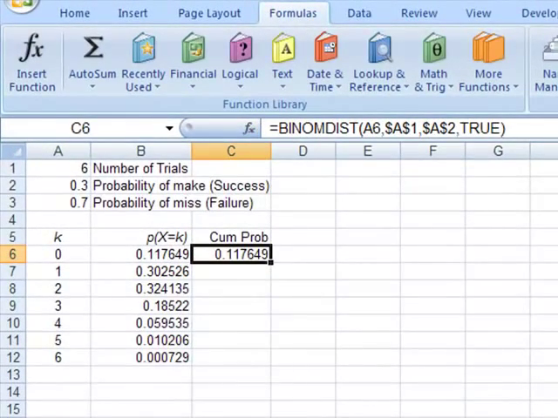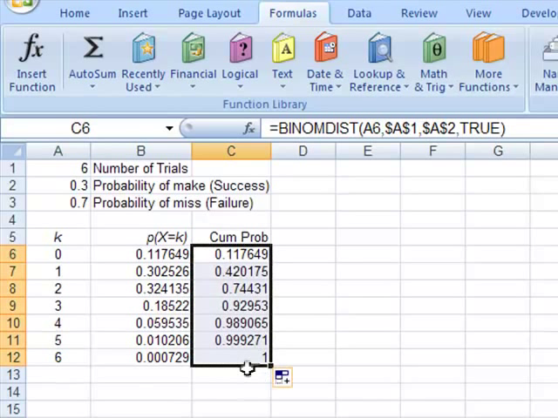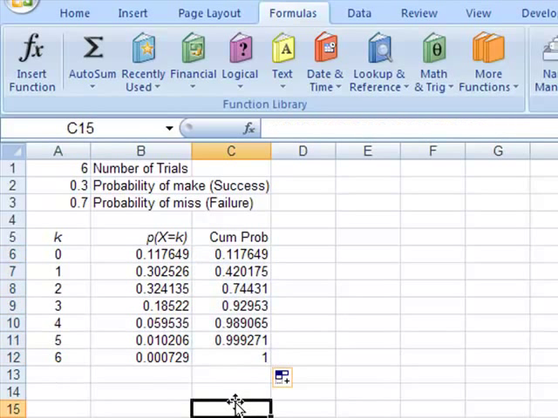So it will indicate that the cumulative probability of making 0, and of course there are no fewer shots, is 0.117. When we copy this down, we will see the cumulative probability as it goes from 0 to 6. So the probability of making 6 or fewer shots is 1,